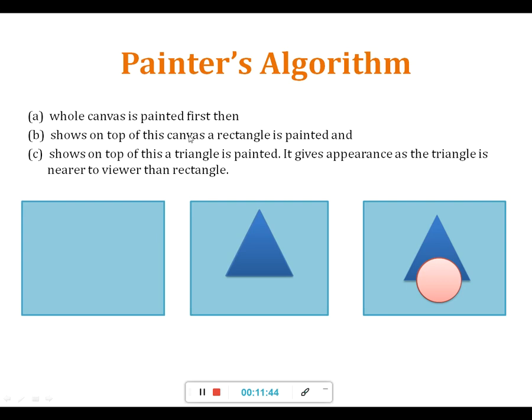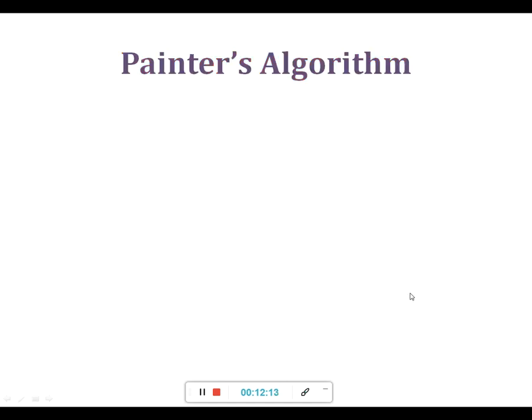So in this way we are painting, and whenever we do the same with computer graphics, we are using this painting technique, and that's why its name is given as the painter's algorithm. So it paints just like painters do onto the canvas. Okay, so from this picture we can come to know that the circle is nearer to the viewer than the triangle, and that's why some part of this triangle is hidden from the viewer.